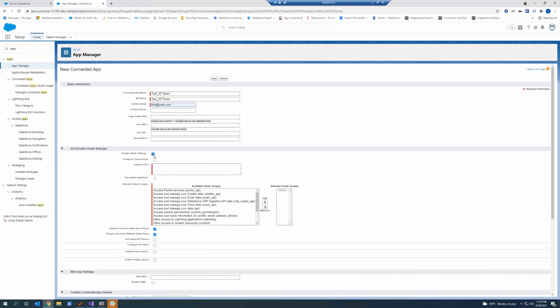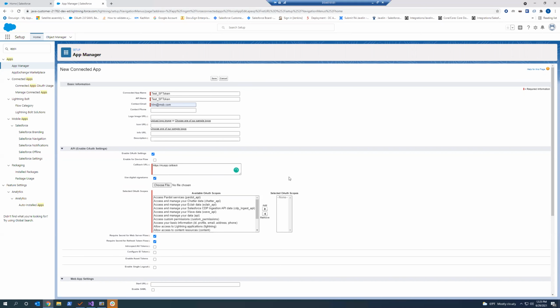So here is basically where you provide the callback URL. The callback URL is an important piece of information, because in OAuth the flow goes from your app to Salesforce, where Salesforce does the authentication, and then it sends it back to your app. So the callback URL is something you will have to provide. It's a required parameter, and it lets Salesforce know that once the authentication is finished, it should go back to your application. It can be something like a simple controller, myapp.callback. You have to implement this in your code.